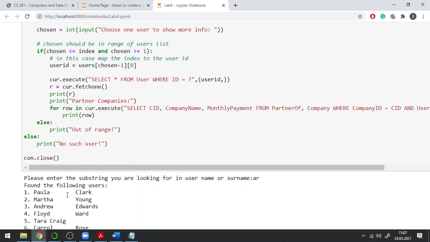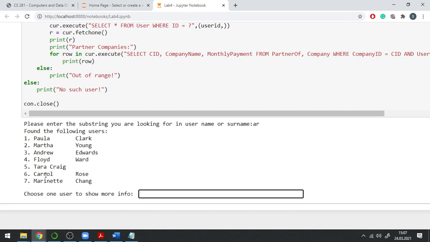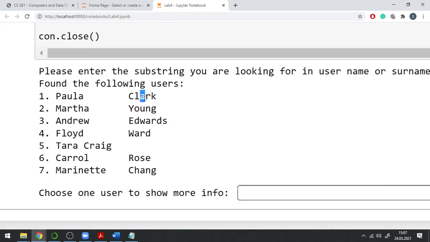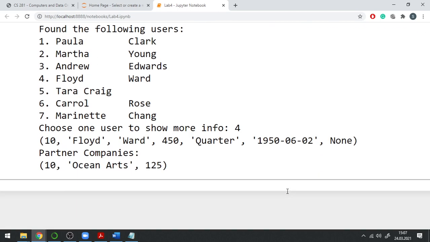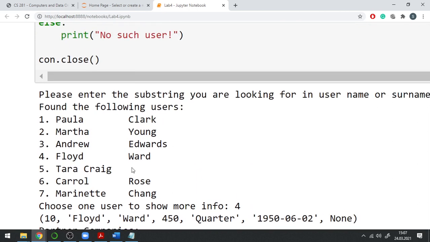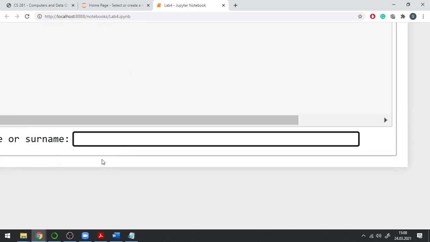So maybe AR. So these people have AR in their name or surname. For example, Clark has it in the surname, Marta has it in the name. And in here again we are able to choose one of the users, and for example for this user there was just one partner company. And for example if I run it again,